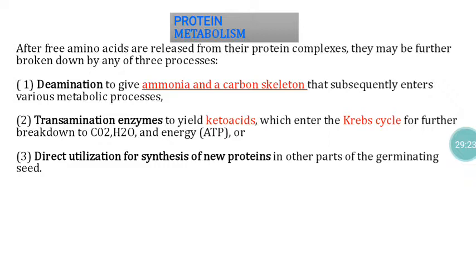But most of the protein and its broken products are mainly used for body-building function, particularly in germinating seeds, for the purpose of giving size and shape to the root and shoot. Whatever proteins or amino acids are produced by that degradation process are fully utilized. So these are all the biochemical changes that took place within the seed system. At the end of the process, the embryo will be given an enormous amount of ATP.